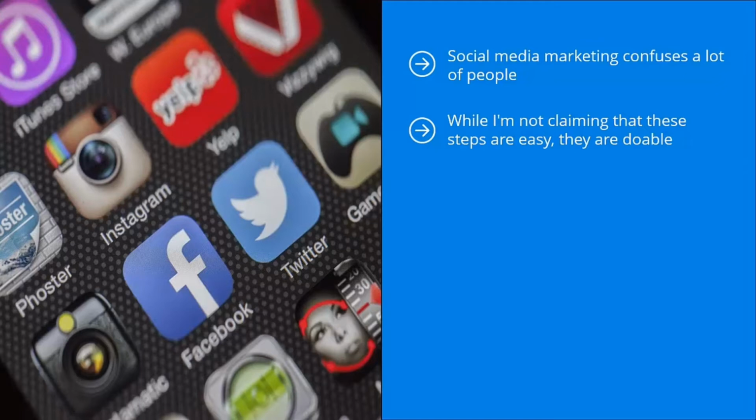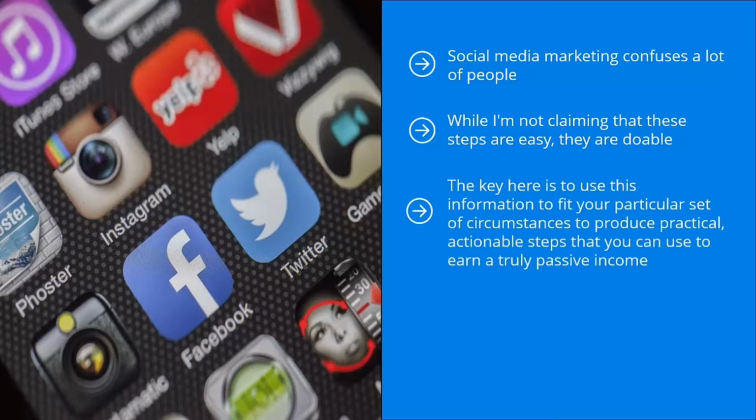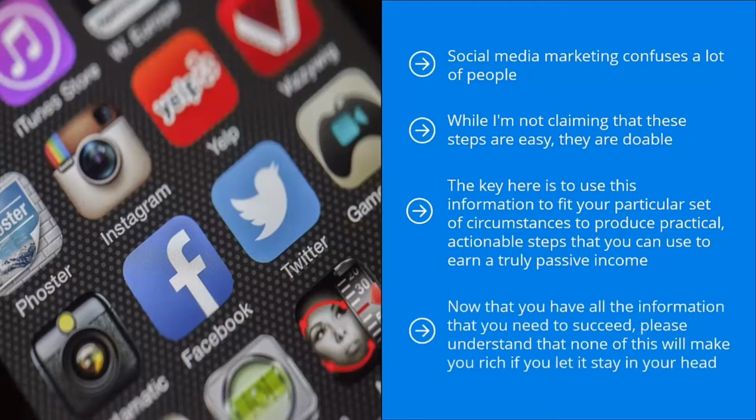You need to conduct experiments and focus on what works. The key here is to use this information to fit your particular set of circumstances, to produce practical, actionable steps that you can use to earn a truly passive income. Don't move one step ahead until you've mastered the previous step. Now that you have all the information that you need to succeed,